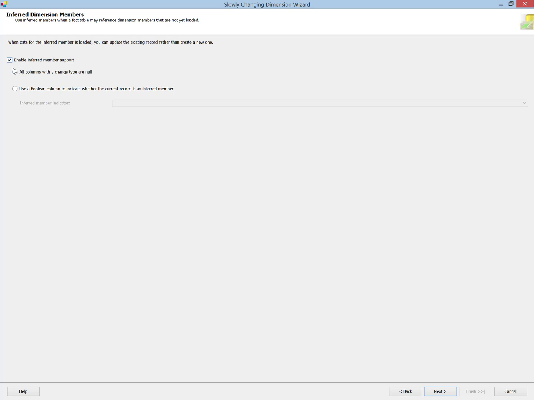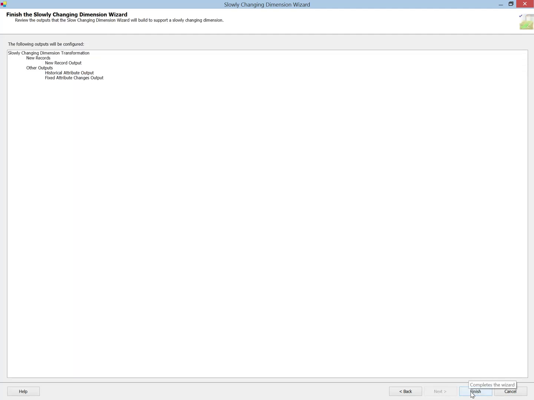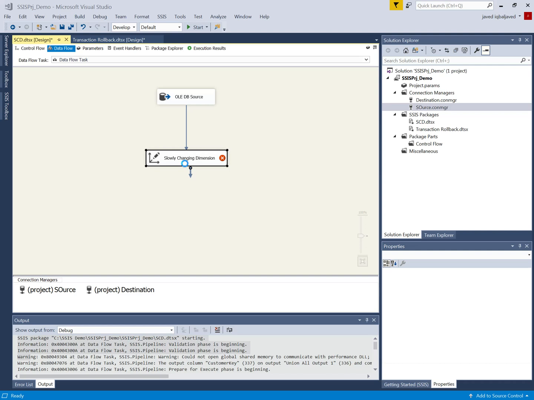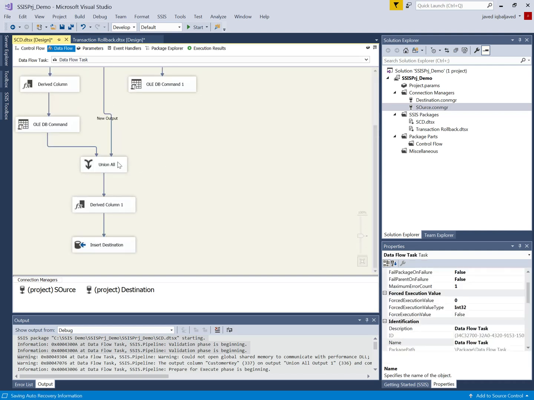So I can select this option to insert the null values or use a boolean indicator, but right now I will not configure this. We will see this option later. So now my slowly changing dimension is configured,